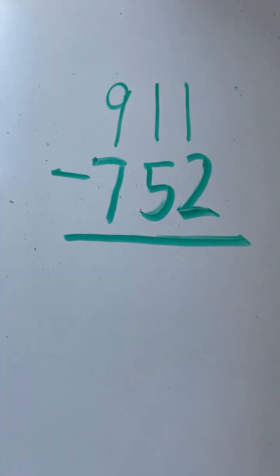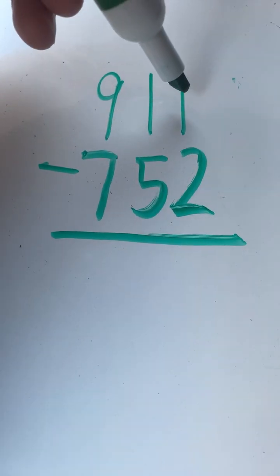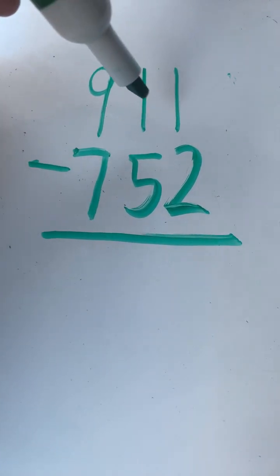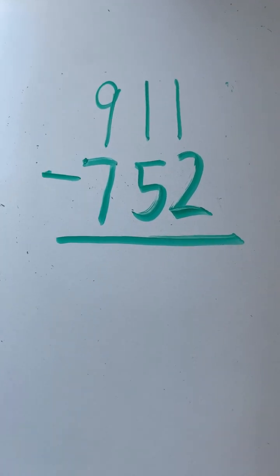So looking in the ones place, 2 is bigger than 1. 2 is on the bottom, so we need to regroup in the ones place. And 5 is bigger than 1, so we need to regroup in the tens place as well. If you're starting with 1, you can't take away 5 because 5 is more than 1. So